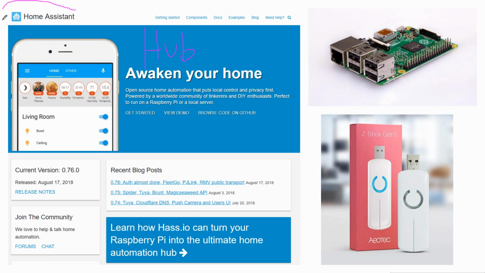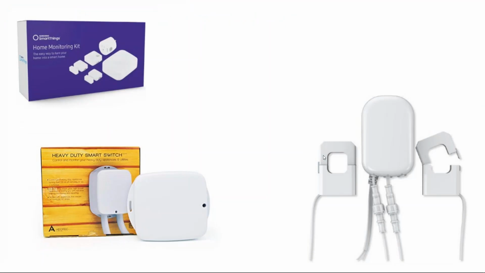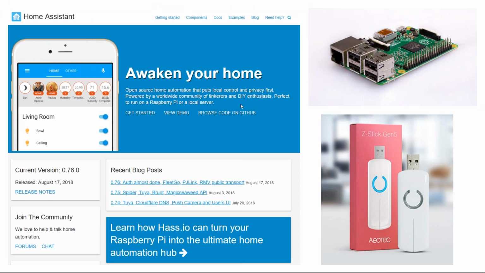And so there's a home automation platform called Home Assistant. And you can run it off a $35 computer called a Raspberry Pi, but you don't have to. It's all based around smart home platforms, whether they be Wi-Fi or the various other platforms. Now, is Wi-Fi the best platform for home automation? And I would say no.